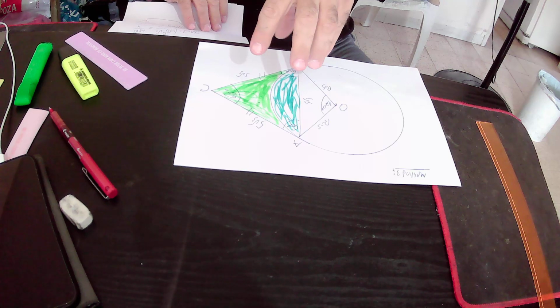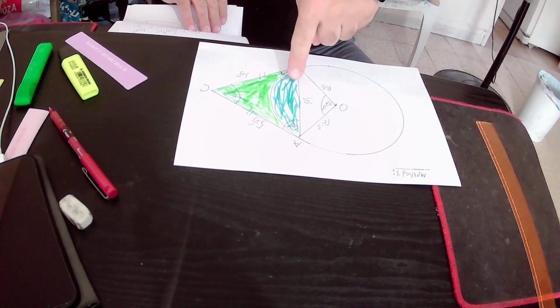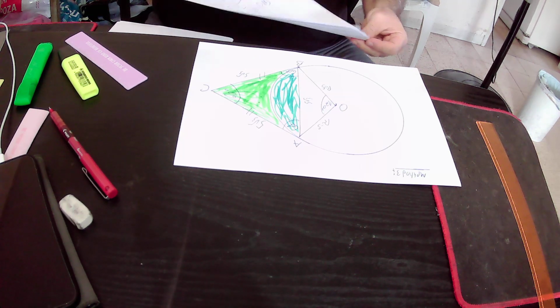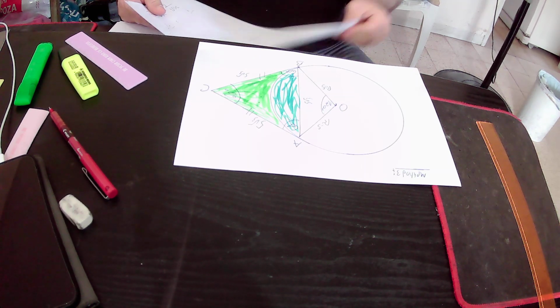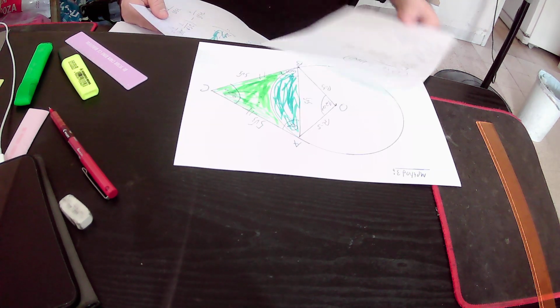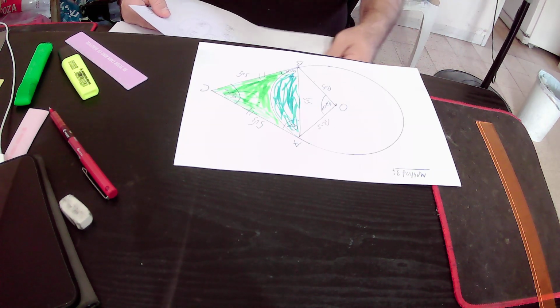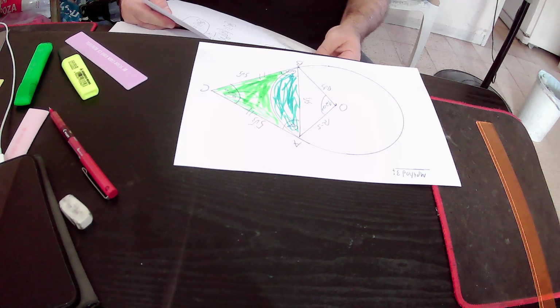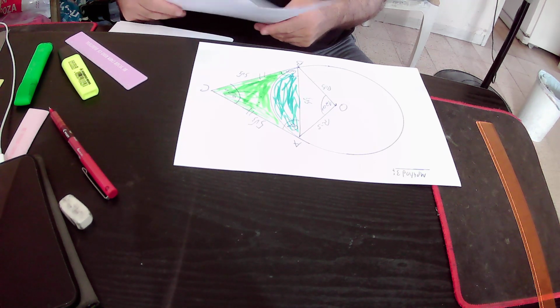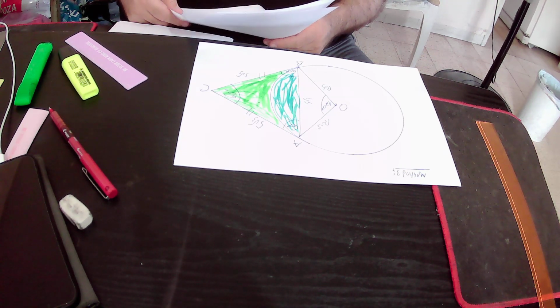Again, the area of triangle ABC minus the area of the blue shape equals the area of the green shape. Okay, but we know that triangle ABC is an equilateral triangle,